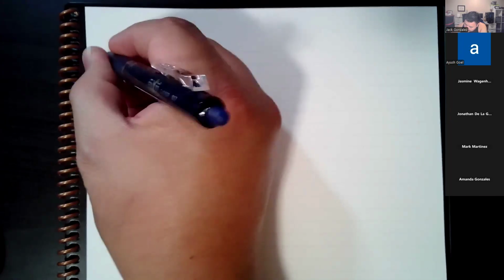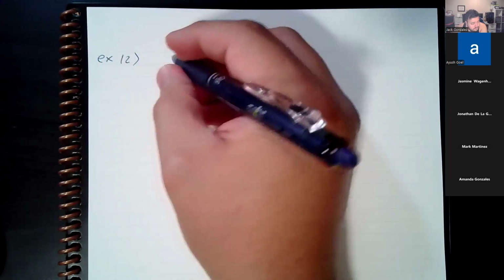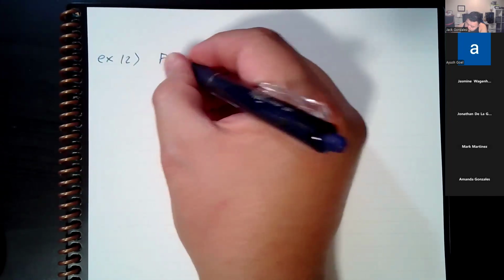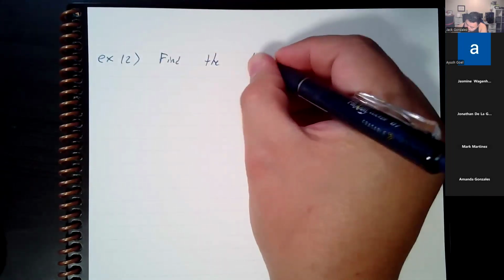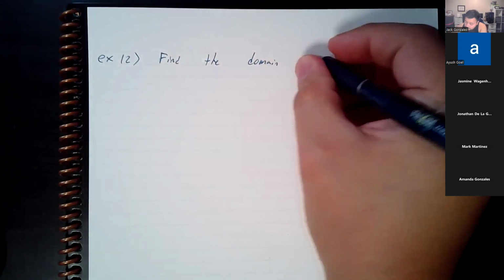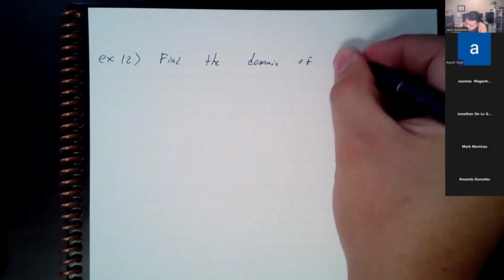So whenever they ask for domain, you're trying to figure out what the problems are and what is not allowed. Because if you know what's not allowed, then you know what is allowed, right? Example 12, find the domain of the function